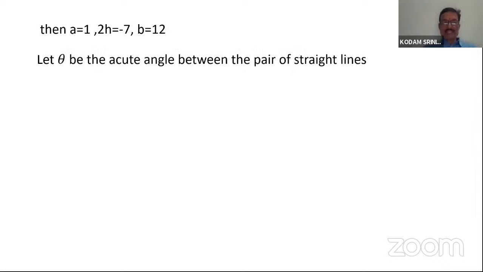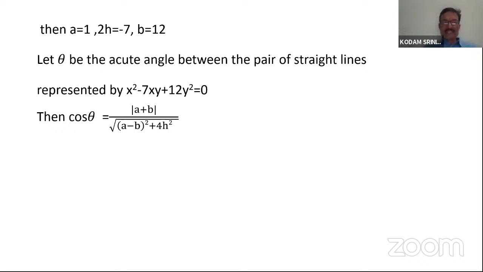Already we know that theta is the acute angle between the pair of straight lines. So cos theta equals modulus of a plus b by root of (a minus b) whole square plus 4h square. Substituting a equals 1, 2h equals minus 7, b equals 12 in this cos theta formula,